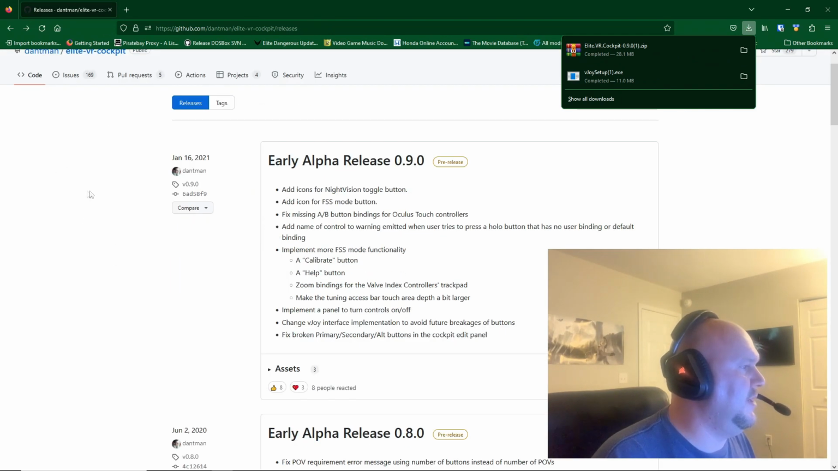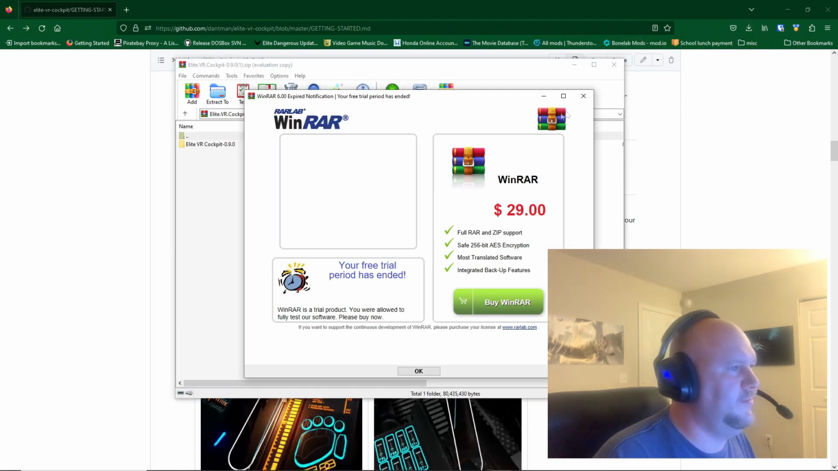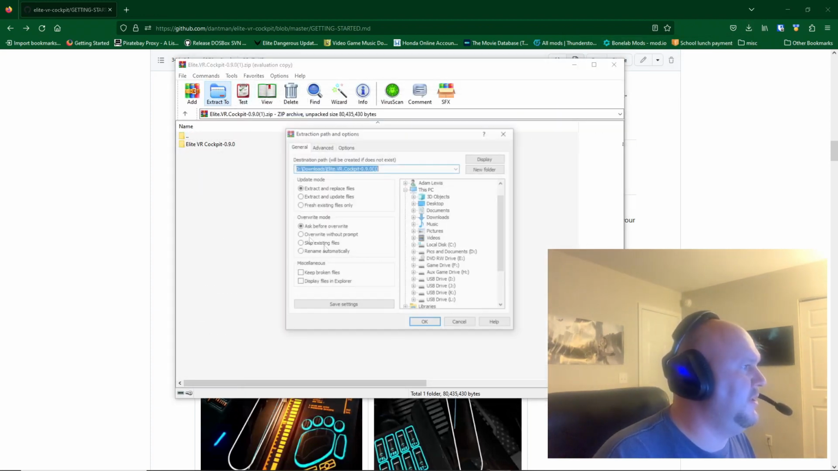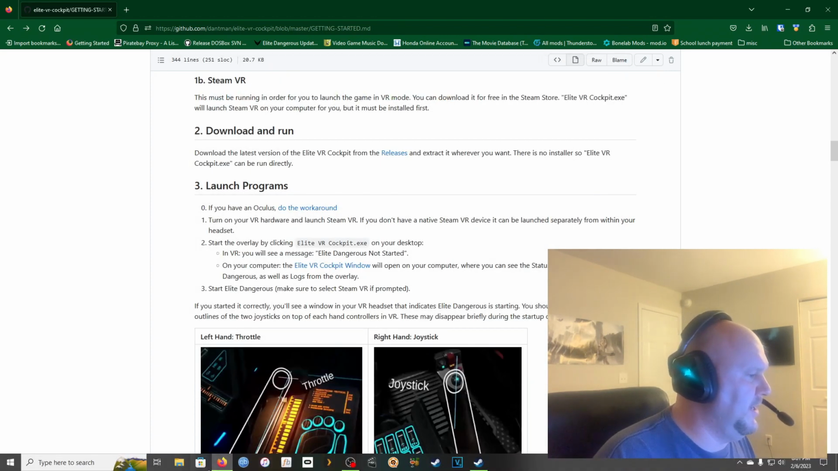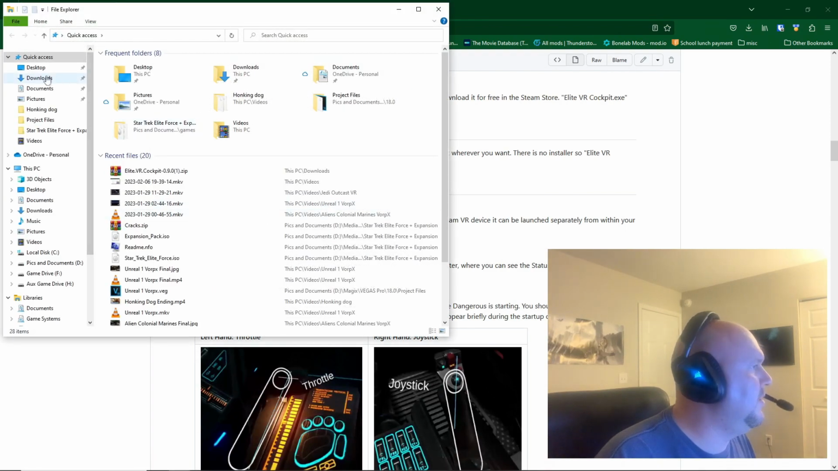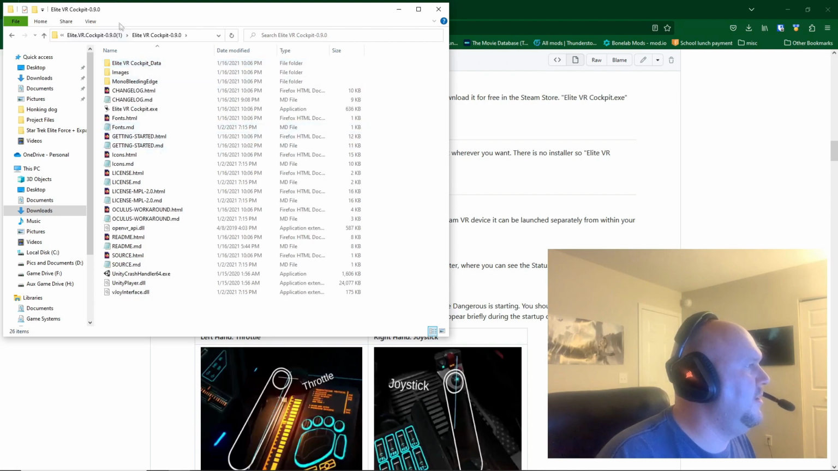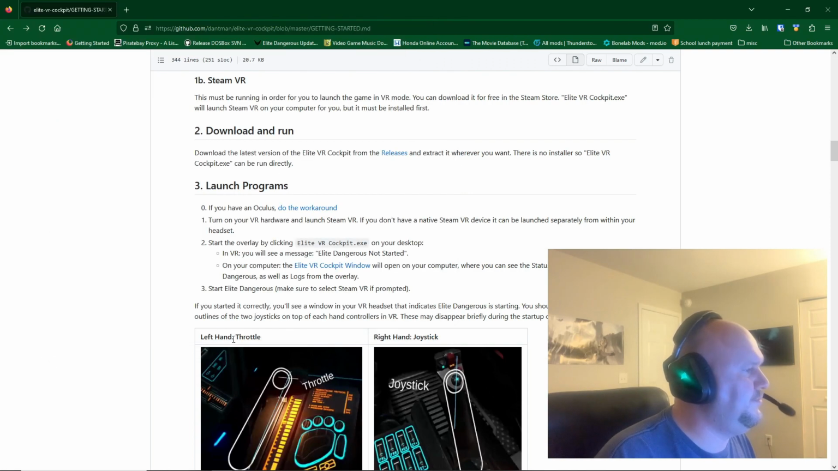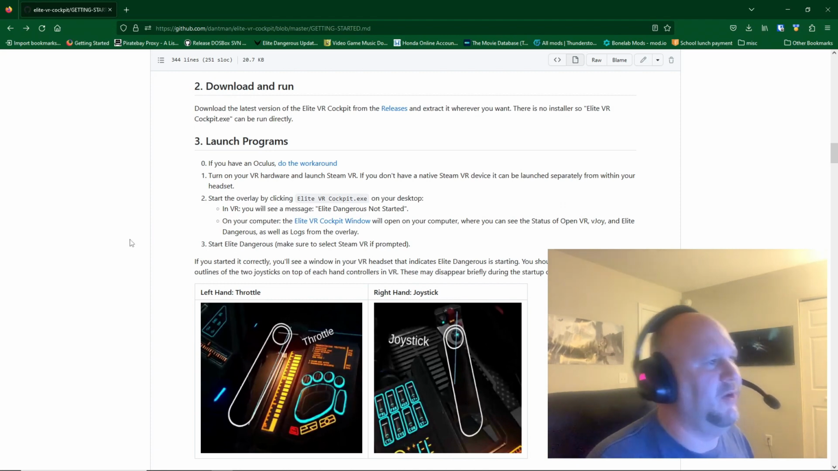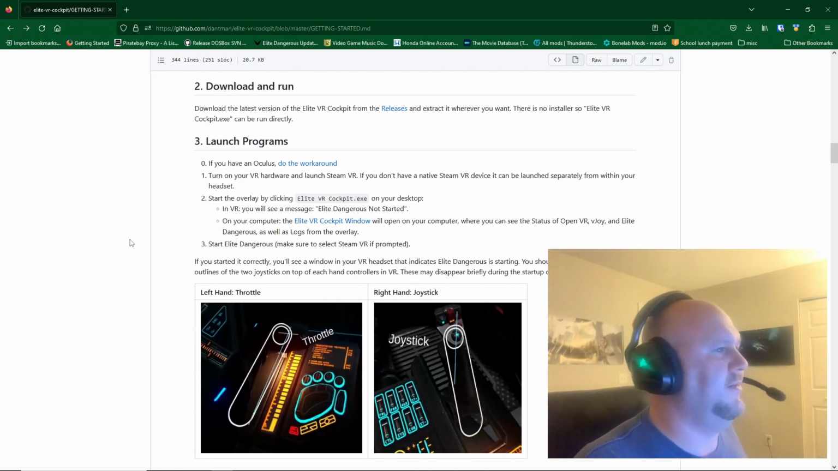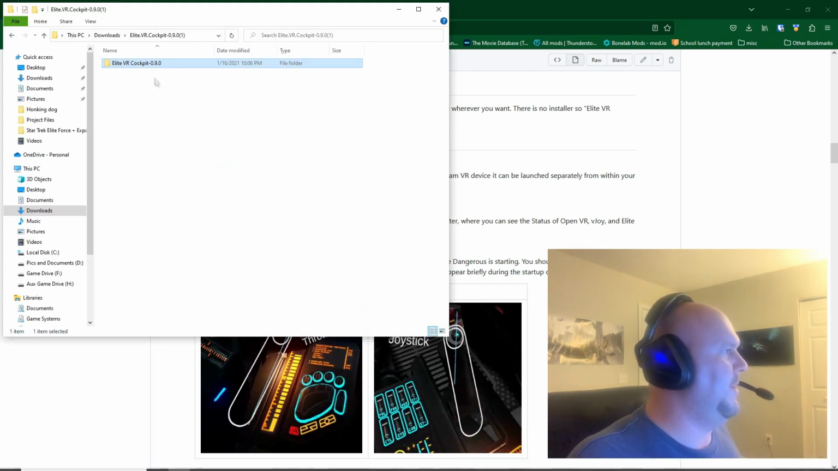All right, then I'm just going to go back. And let's just go ahead and unzip it. Let's put it in my downloads folder. All right. Extract it wherever you want. There is no installer, so Elite VR Cockpit exe can be run directly. All right. So basically,